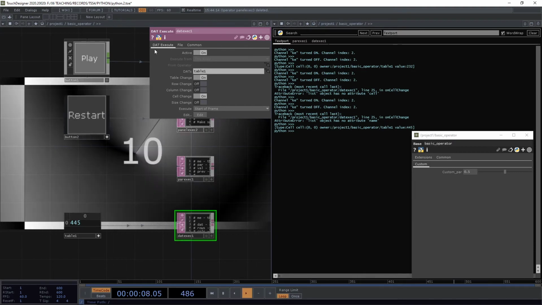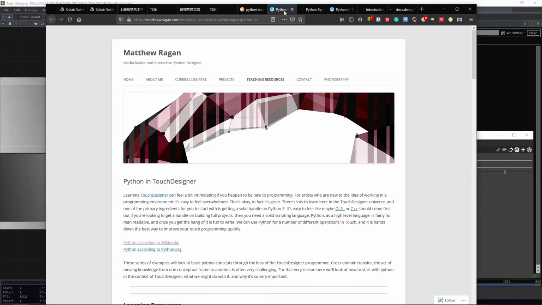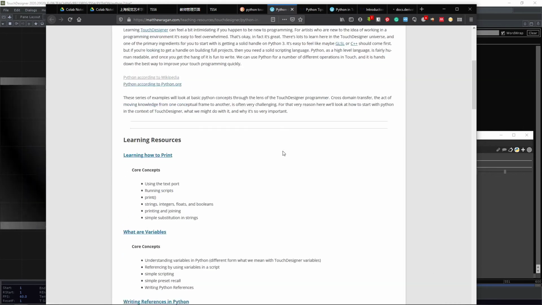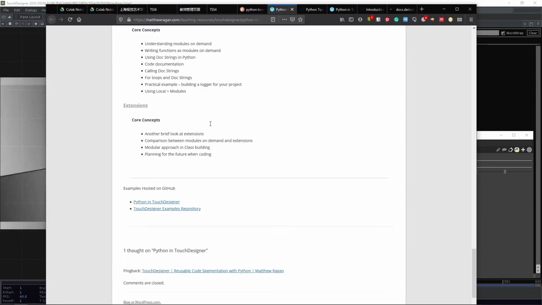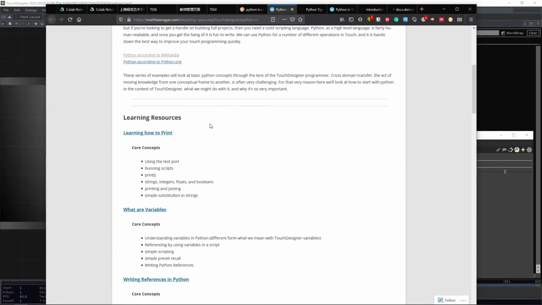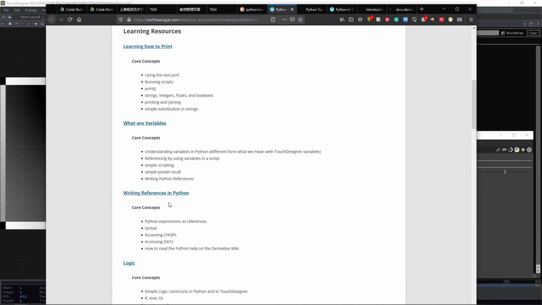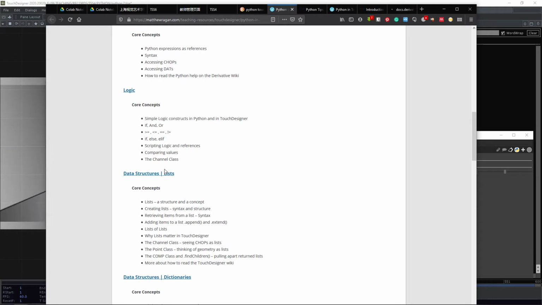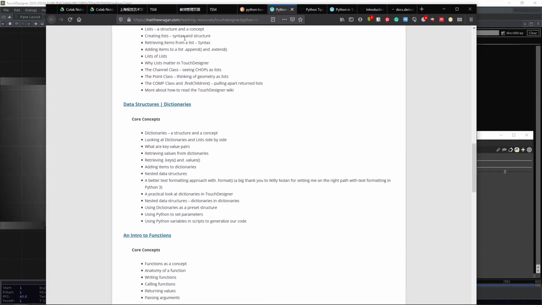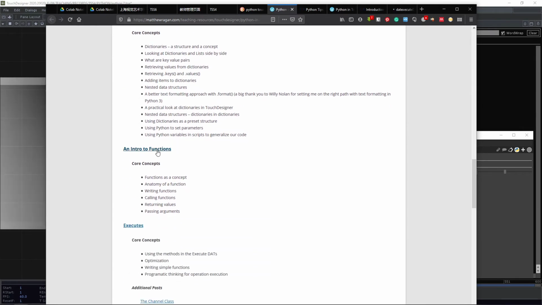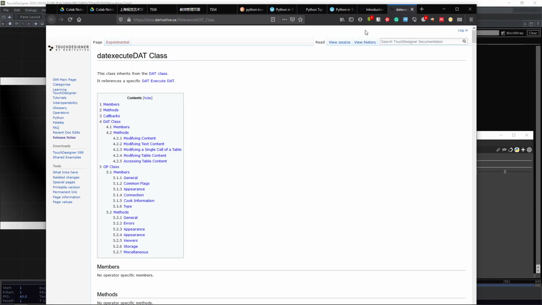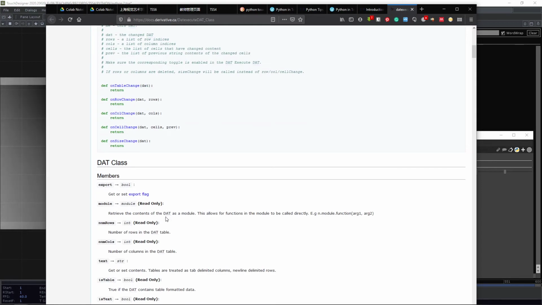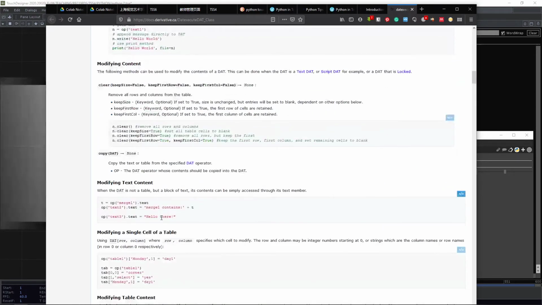Okay, anyway, we can also go and check the documentation. I suggest you also check Python Designer. It's a lot of different stuff, but basically the reference covers simple logic and data structure, which you should already know from the previous class. Basically executes, that's what we're talking about now, and op class, but again, you can see all the documentation here, how to work, how to access, what kind of methods there are,